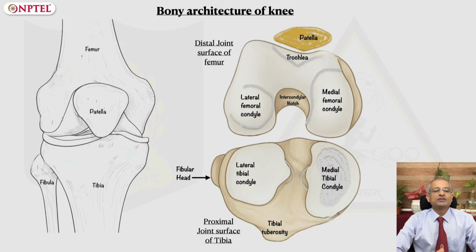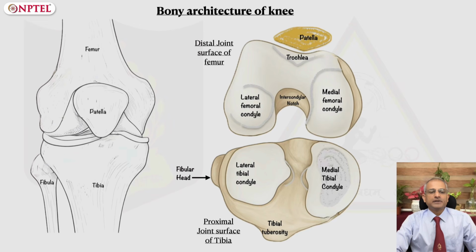The third bone which forms part of this knee is the patella, which is the largest sesamoid bone of the body, and it is embedded in the quadriceps tendon. It is attached to the proximal tibia through the patellar tendon. It articulates with the femoral trochlea, which has a medial and lateral ridge, the lateral being taller, and this forms the patellofemoral joint. The joint is responsible for improving the efficiency of quadriceps pull in extending the knee.